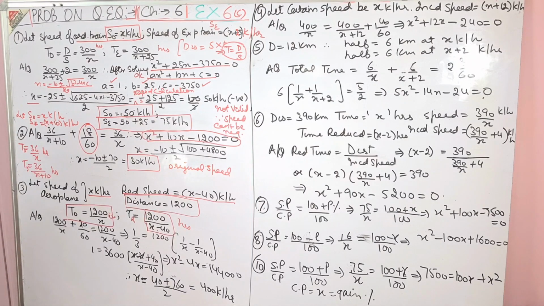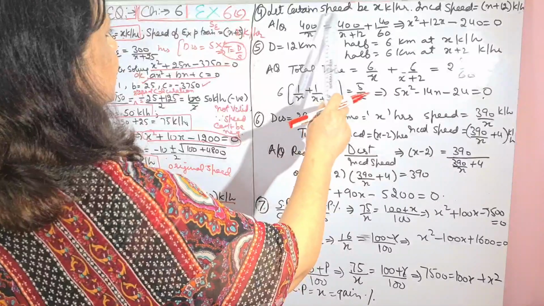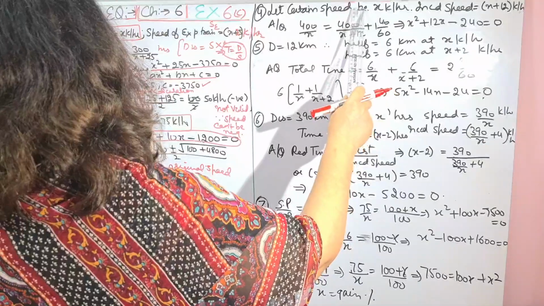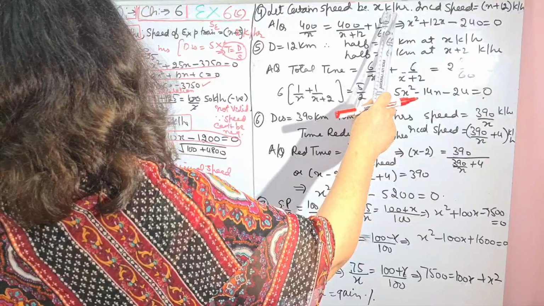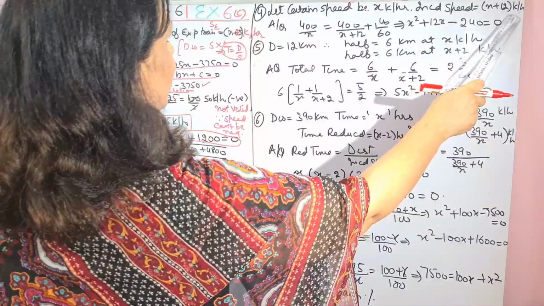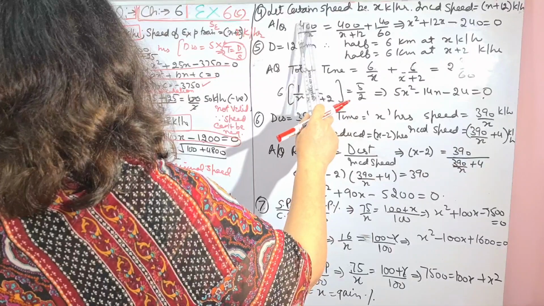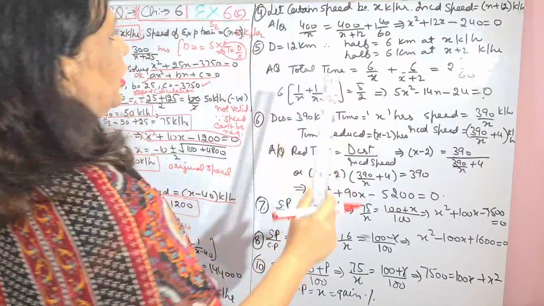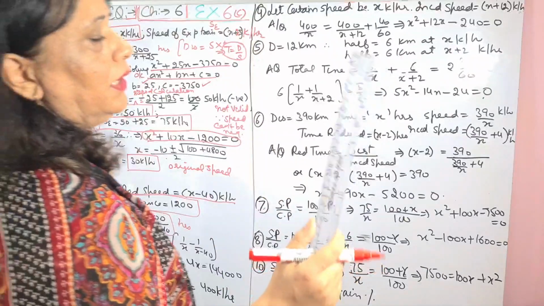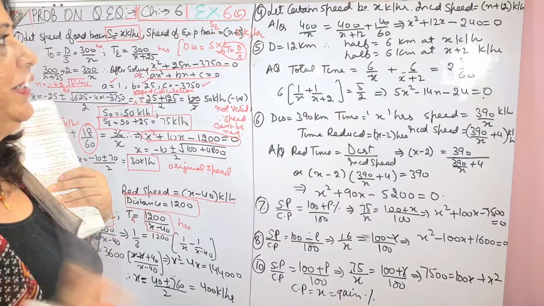Then moving on to question number 4, I have given the hint of that also, same thing. Let the speed be x kilometers per hour, and then the increased speed is x plus 12 kilometers per hour. Distance is 400 kilometers. So he takes 1 hour 40 minutes less. I told you not to get into the language. You just have to see where the speed is more.